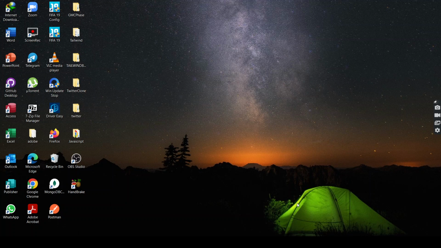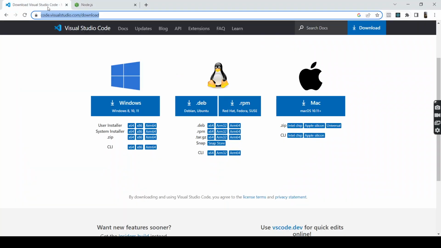Before we go to our Visual Studio, you will need Visual Studio. Last time I did something on functions, and I realized that most people could not follow because the whole work environment was strange. So you will need Visual Studio Code for writing our code, and Node. So go to this link,